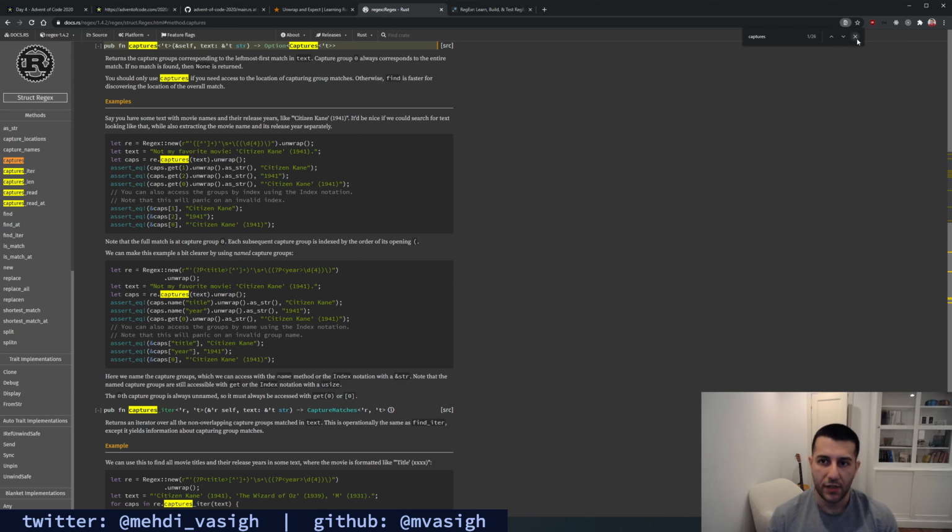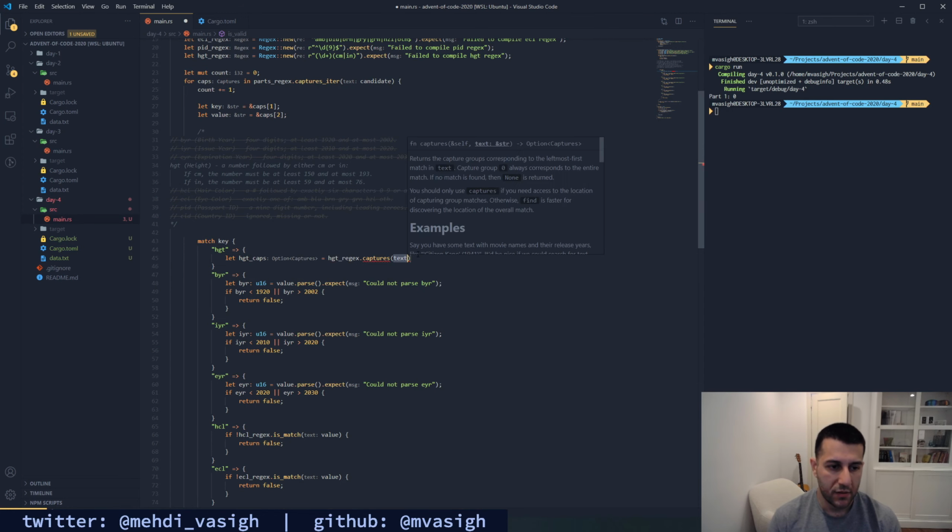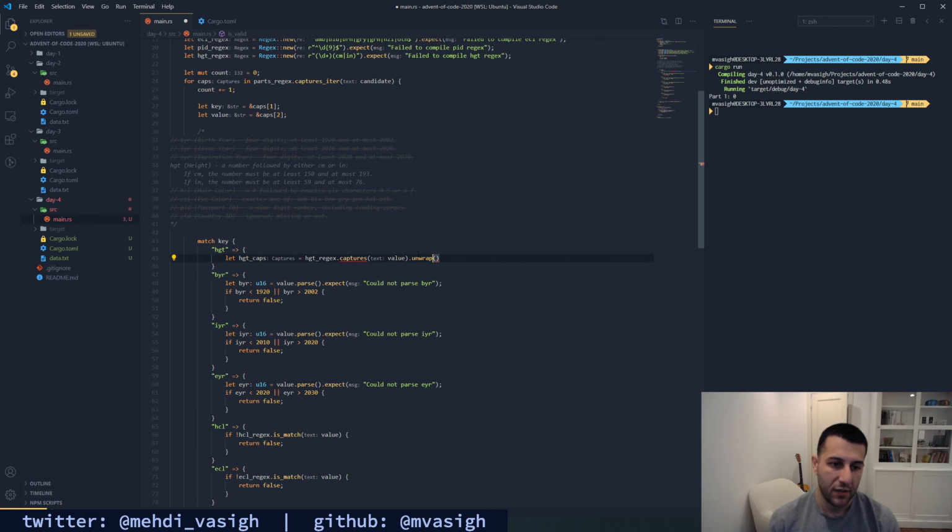Okay, awesome. So captures, and then text is going to be value. Unwrap, or actually expect, could not get HGT captures.